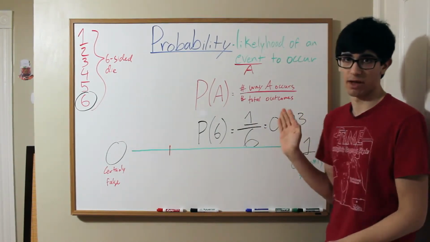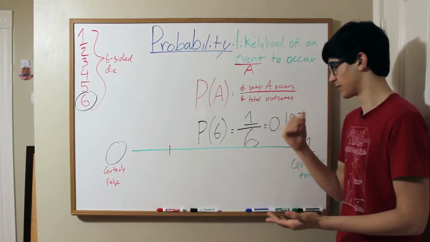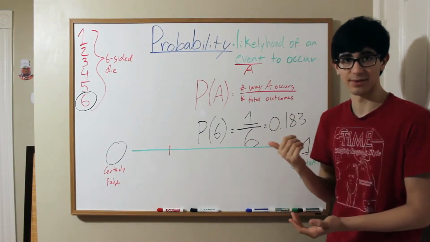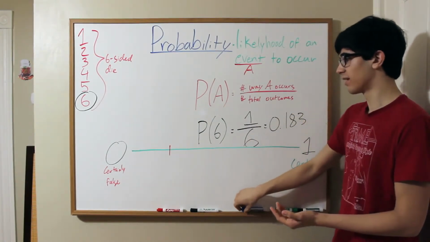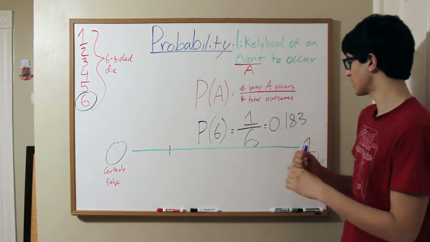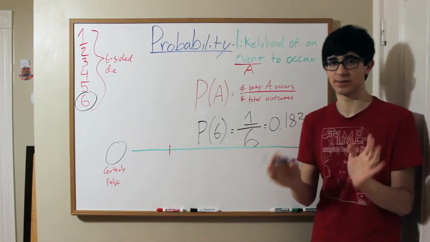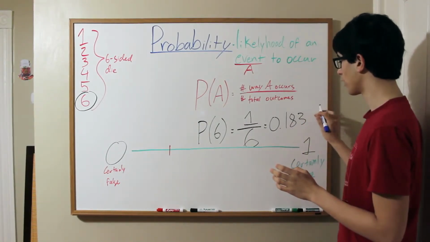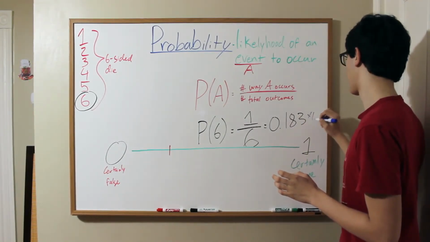That's the fraction. That becomes a decimal. But it also becomes a percent, which is a very common way of presenting probability. How does it become a percent? Well, once you have the fraction, it's very simple to make it a percentage. All you have to do is multiply by 100%,